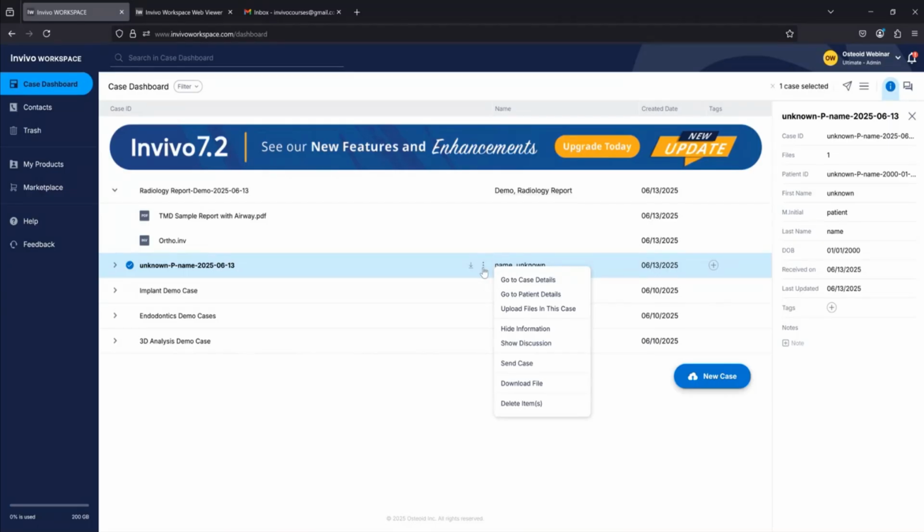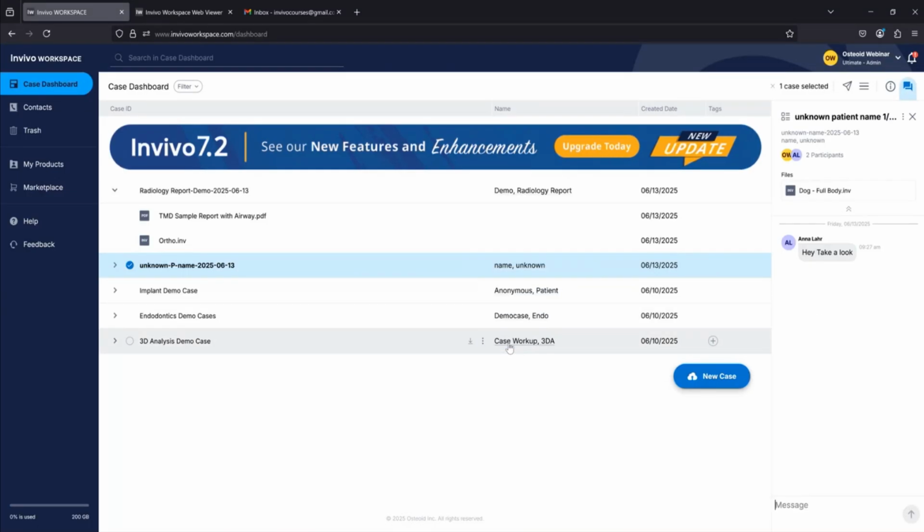And as I mentioned, that discussion field from before, this is how we can go ahead and toggle that on and get a nice view of that instant message type of discussion board where we can go back and forth from office to office or practitioner to practitioner to let each other know next steps for that treatment, stay on the same page when it comes to what we're looking at or what